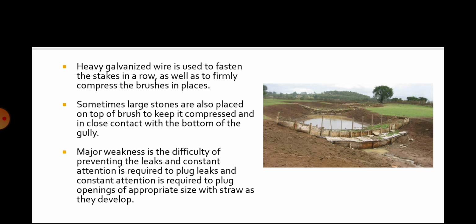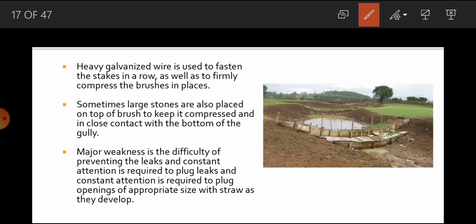And for connecting, if you are installing some pegs, to fasten them you may use some kind of GI pipe or GI wire, or woven wire, for connecting each other so that stability is maintained.